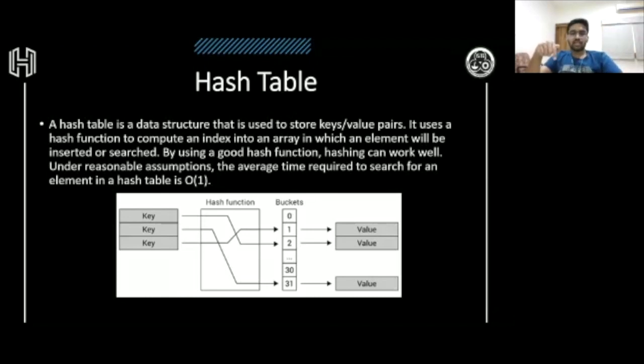Instead, what a hash table suggests is, suppose you have the first 10 starting numbers, 1 2 3 4 5 6 7 8 9 10, and you have a bucket size or a memory size of only 5.